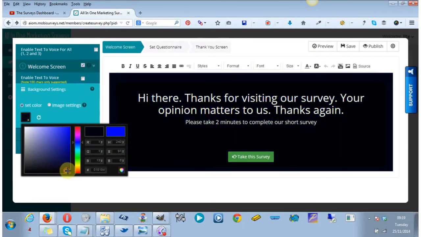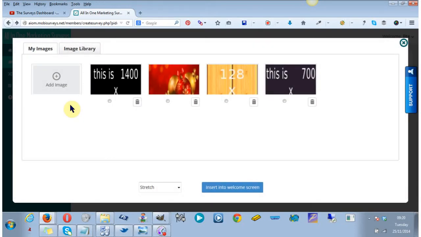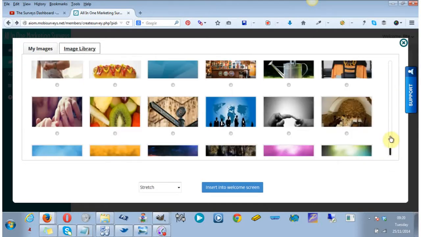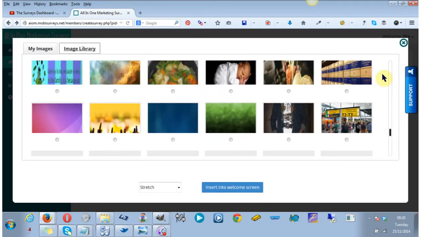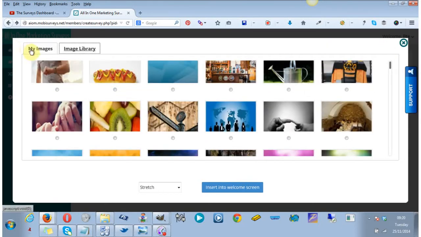Can't remember exactly what it looked like. It looked something like that, didn't it? So if you want to add an image, which I would suggest you probably want to do, you just select on image settings. At this point you can use one of the images from the image library, which is preloaded with 66 different images. So some nice images there. Or if you want to select your own, just go to My Images